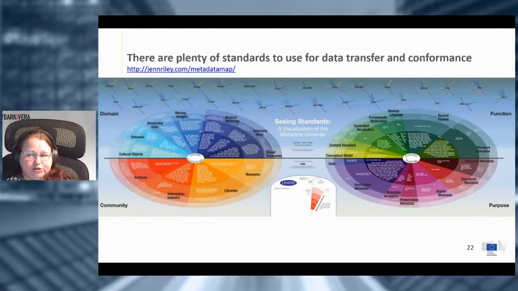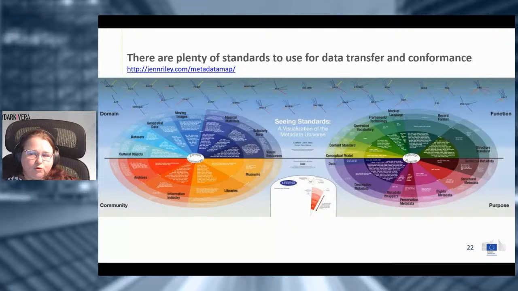As I said, I've been using this image for a while. That means it doesn't have all the standards, because new standards come all the time that are being used for describing the information we have here in the world. So really, it's a lot of things to look at.